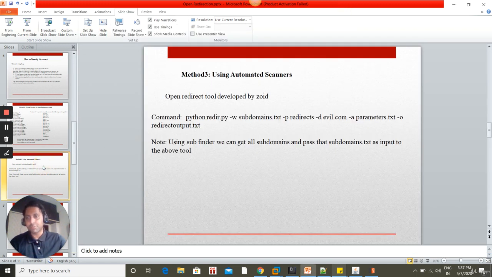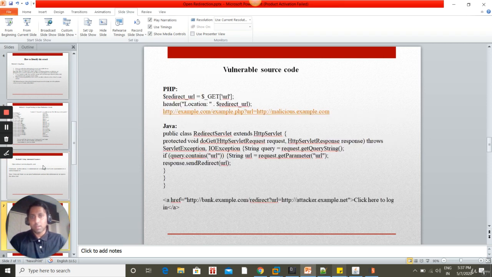So these are the three ways which we can do. There are other ways as well, which I will explain in the live demos. I'm planning to give live targets of open redirects in the demos next. So let me show you